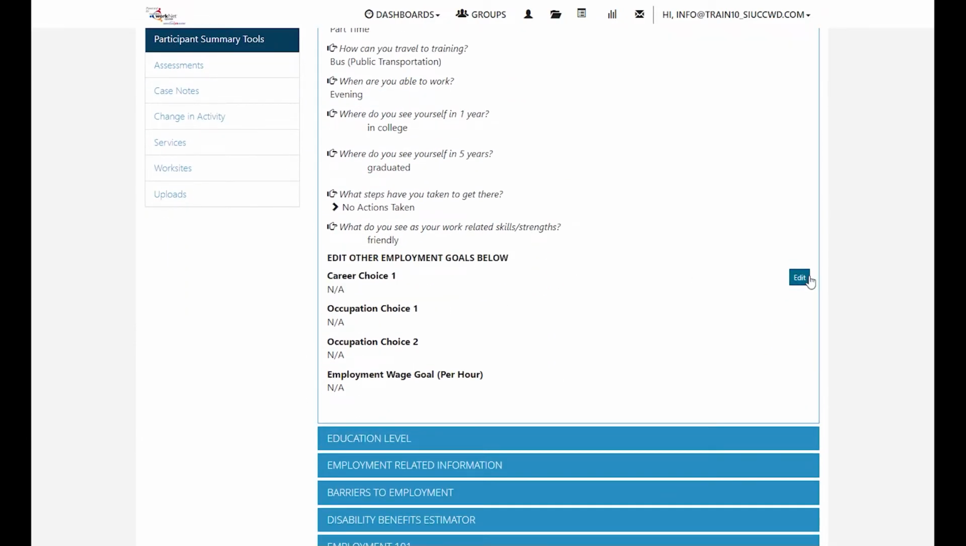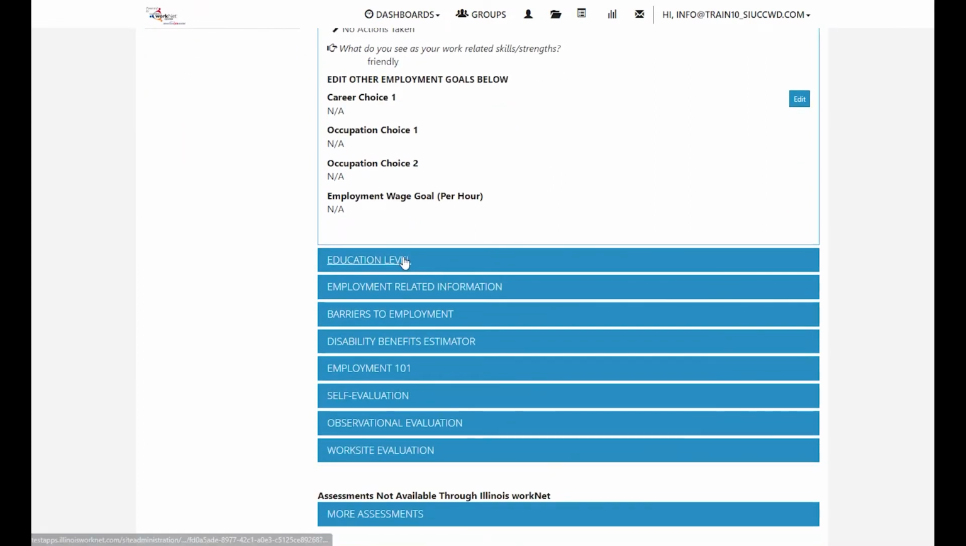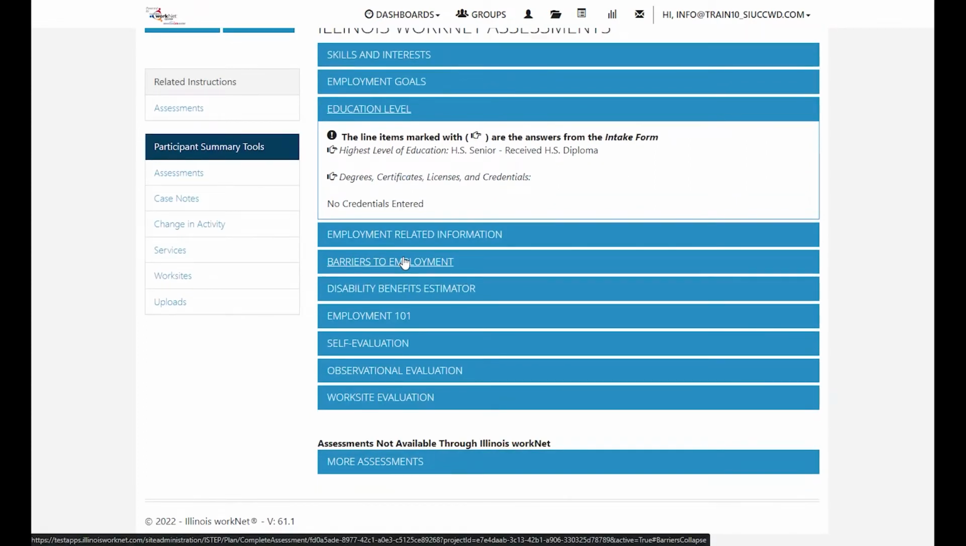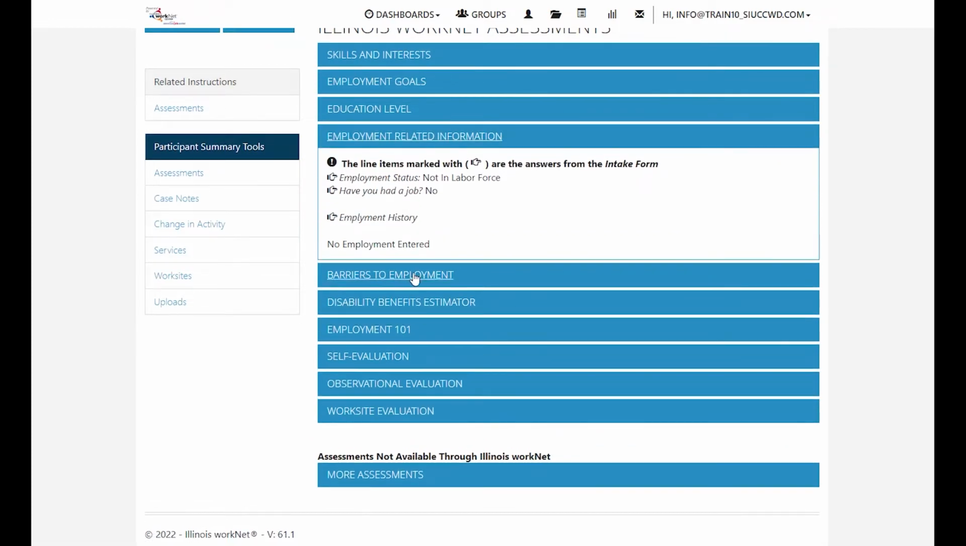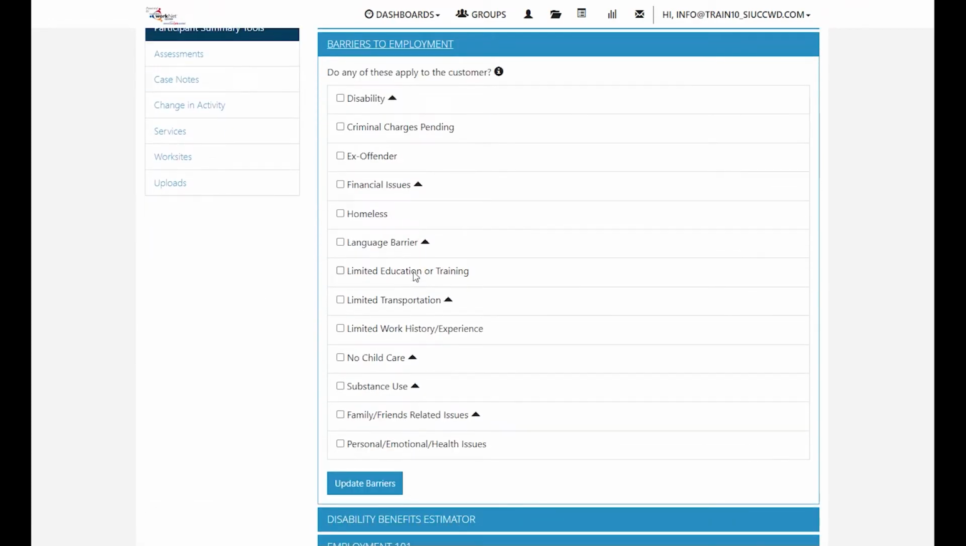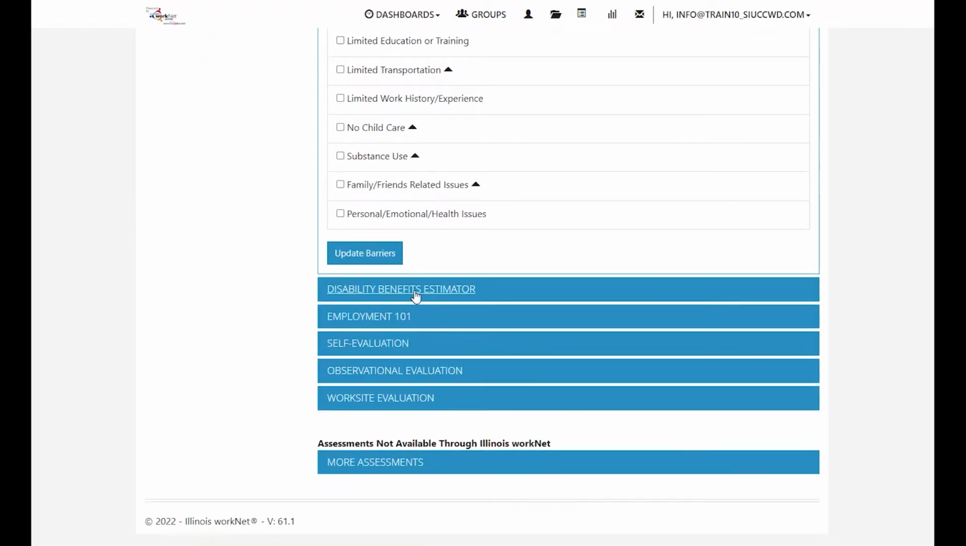You can pick some career goal choices here, their education level, what was entered on the application, if they had any employment, what they marked as potential barriers to employment. If they have a disability, there is an estimator here, and our other assessments and evaluations will go over in